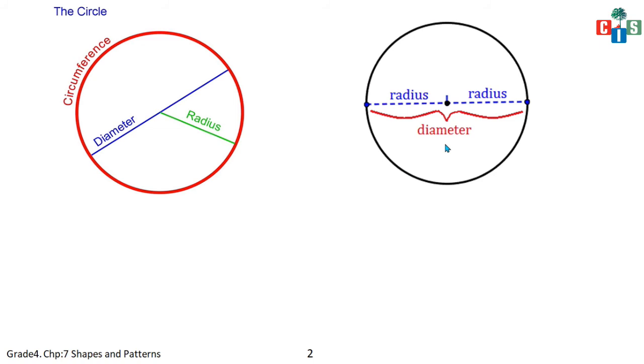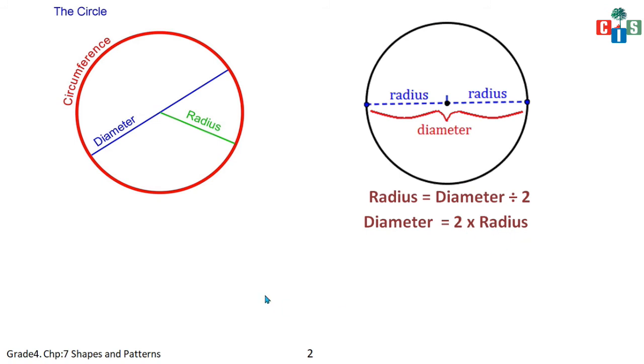What's the relation, kids? Yes, you are very correct. We can say that radius plus radius gives you diameter, or diameter is equal to 2 times radius, or you can say radius is half of the diameter. Yes. So you can find out diameter also and radius also by the formula. Fine. So this information will help you to solve. See, I am writing the formula. Radius is half of the diameter, or diameter divided by 2, and diameter is double the radius. So that is 2 times the radius.